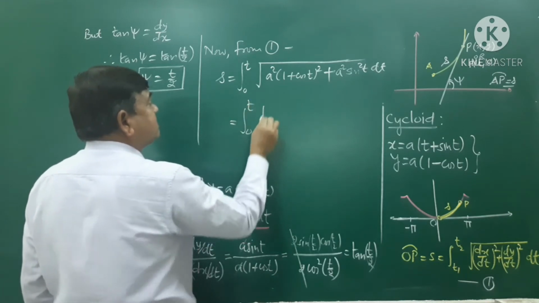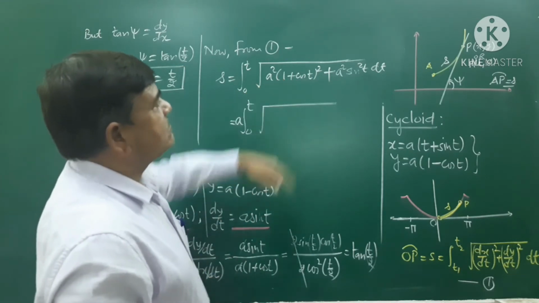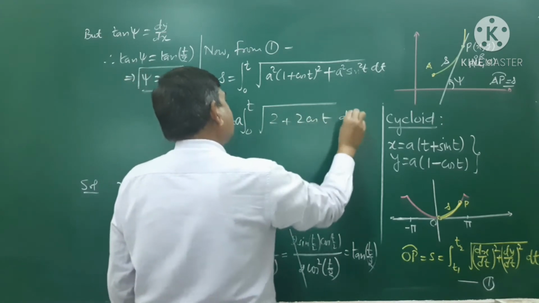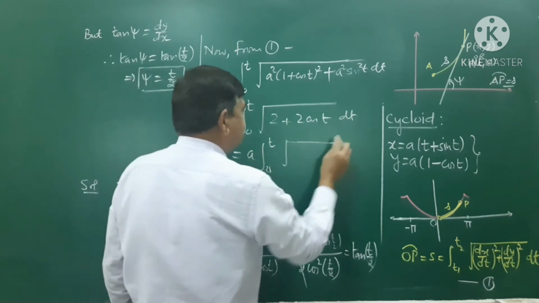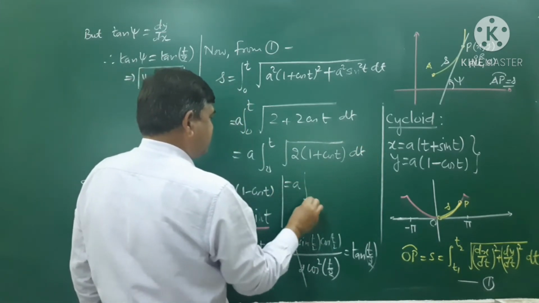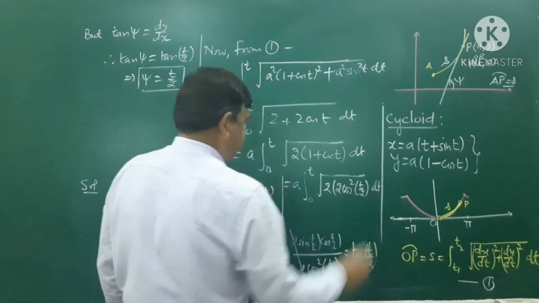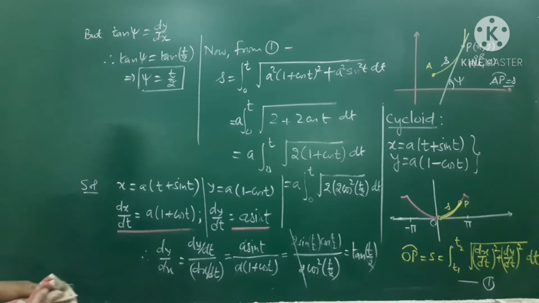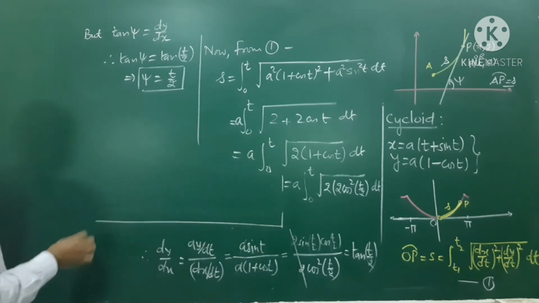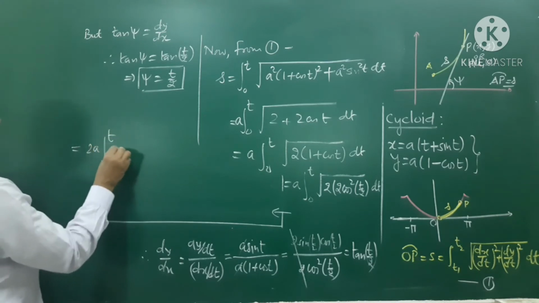This is 0 to t, little bit simplification. A square and this a square common, so here it is a. This is 1 plus cos square t plus sin square t is 1, so it is 2 plus 2 cos t. You simplify yourself. 0 to t under root of 2 times 1 plus cos t dt. This is 0 to t under root of 2, and this is 2 cos square t by 2 of t. Okay. Right, this side. This is 2a 0 to t cos t by 2